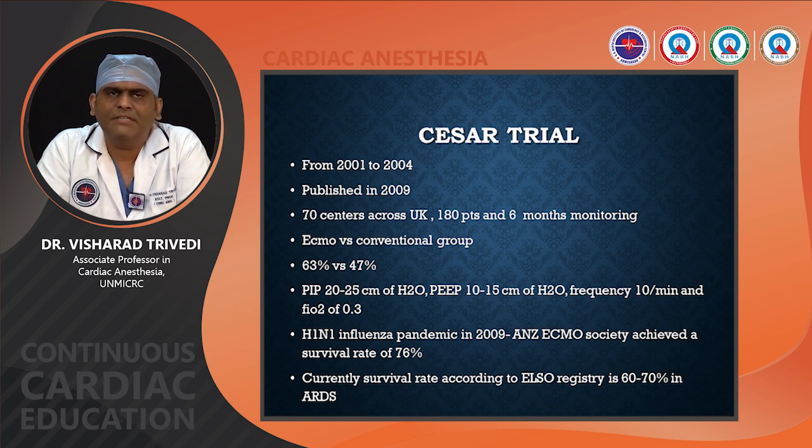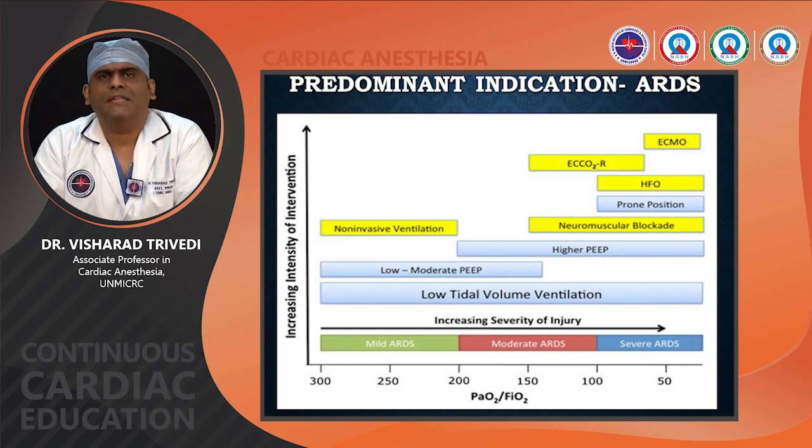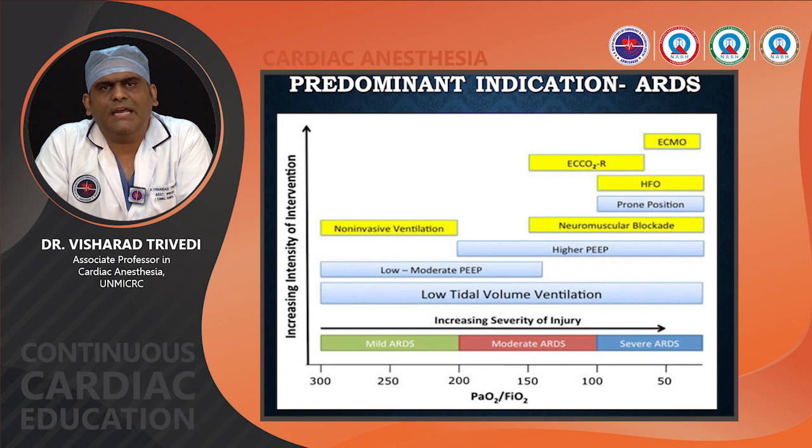ECMO. After that, various studies have shown a benefit of ECMO in ARDS patients, particularly in viral influenza or viral pneumonitis cases, in which one study published by the Australia and New Zealand ECMO Society in 2009 showed a survival rate of around 76%, and currently, according to the ELSO registry, the survival rate is around 60 to 70%. So after knowing this history, we come to know that the management chart of ARDS, or